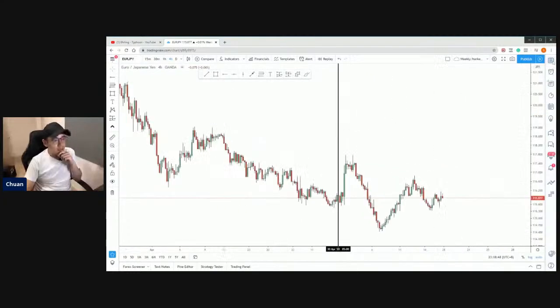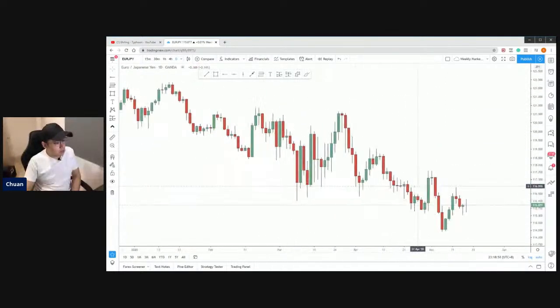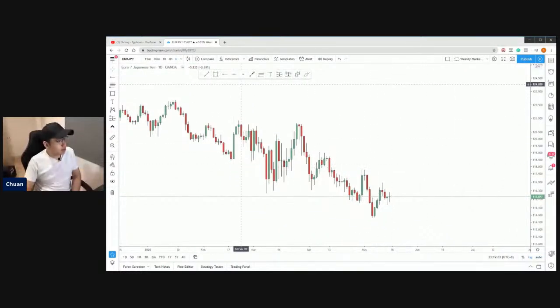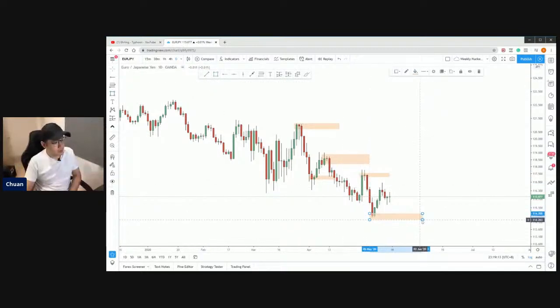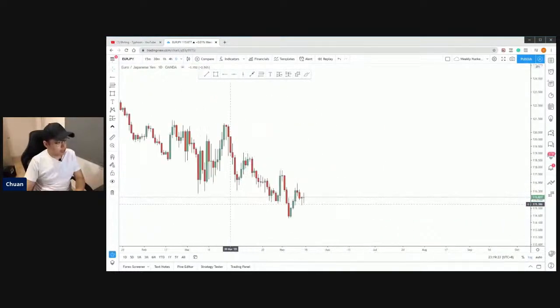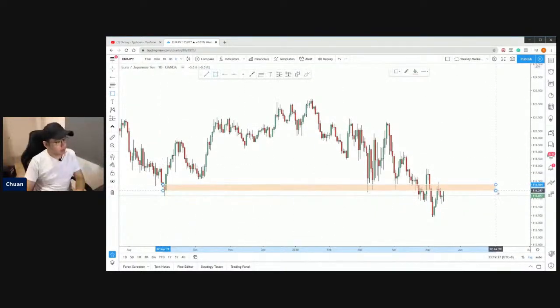Okay, now we have the Euro Yen. Okay, as well, start from the daily chart. On the daily chart, we can see that the market is actually in a very clear downtrend, because we can see lower low, lower high, lower low, and also lower high, and the market has created a new high. So this is a very important criteria of a downtrend. And on the daily chart, if we see from here, the market has actually broken the previous low,